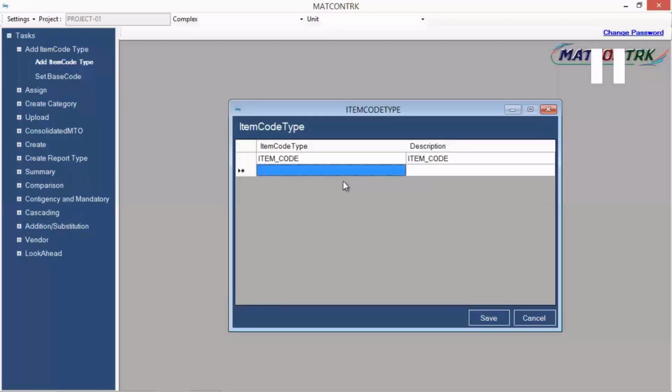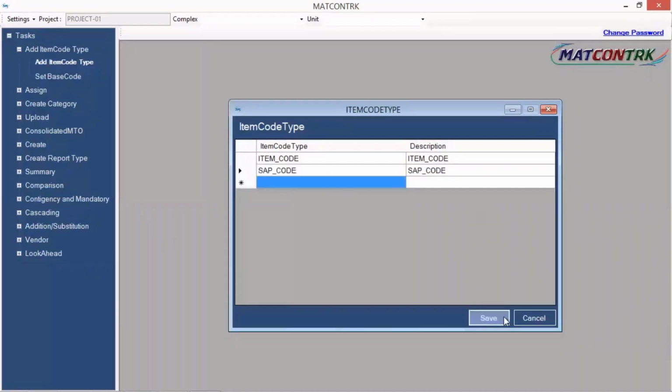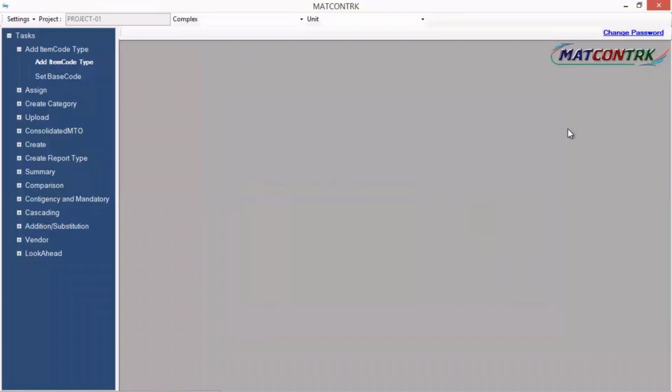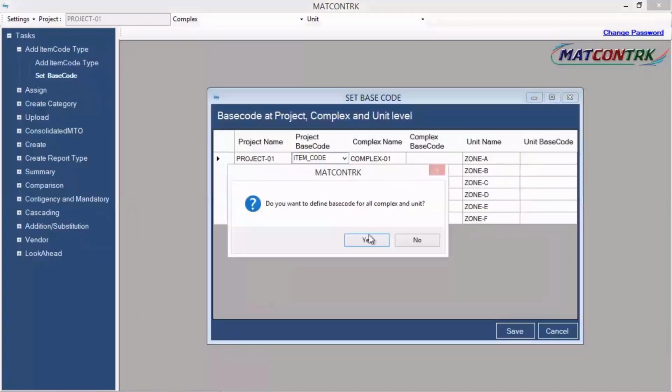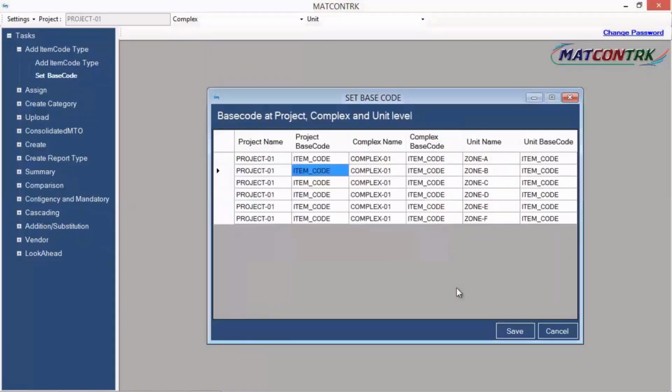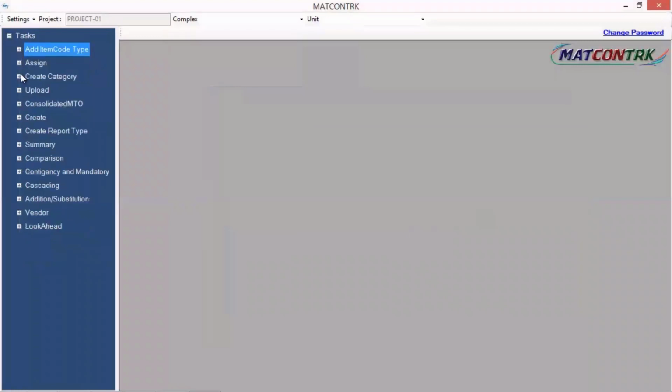Now, as an organization, I may have multiple item codes. In the beginning of the slides, I discussed that the software can manage multiple item codes, and ICGP is one of our software which is taking care of this coding part. So I have defined here the item code types that I am going to use. Next, it is necessary to set the base code. Like I have defined the 2 item code types, but what is the base code I should consider to monitor and generate inside the reports and to monitor on a particular display? So this base code I'm setting over here. So I have set this coding part.